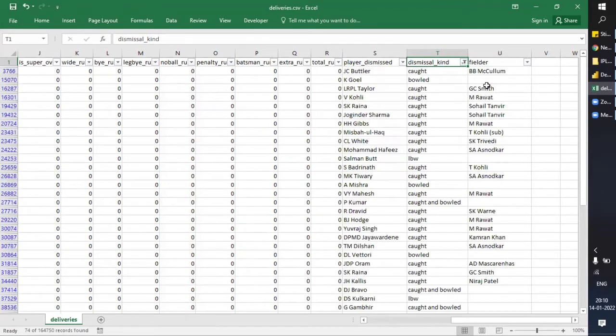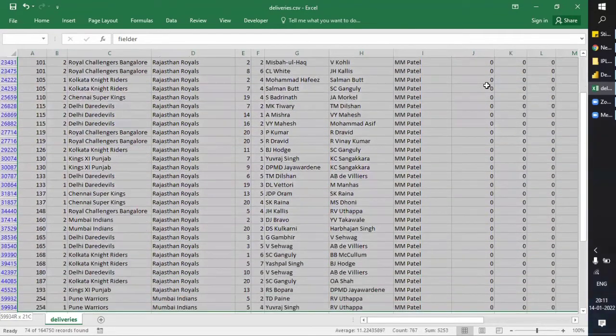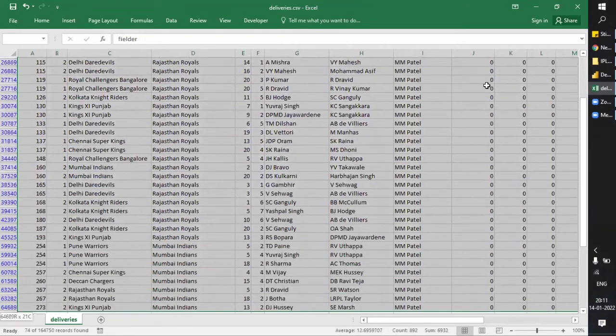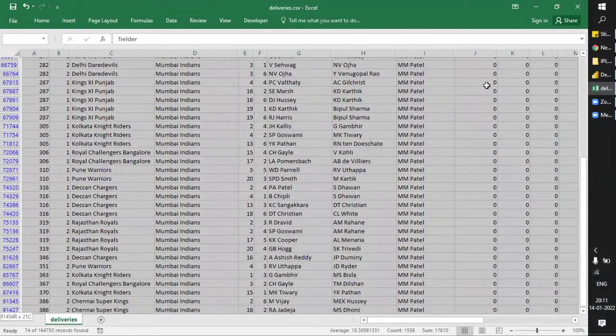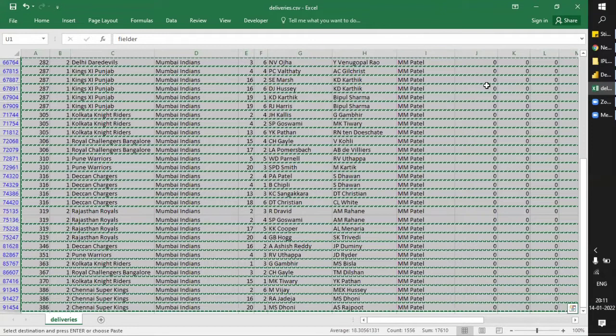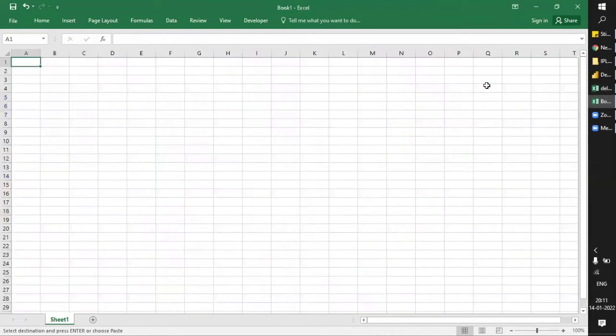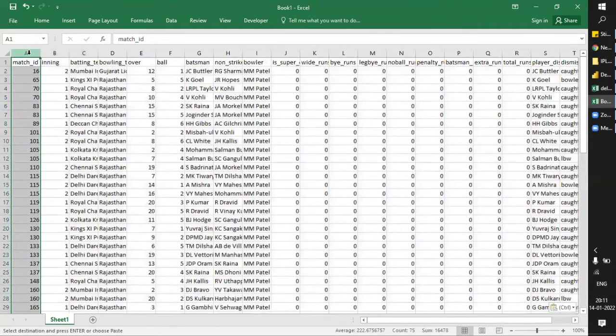Okay. And now let's extract this in a sheet, in another sheet.